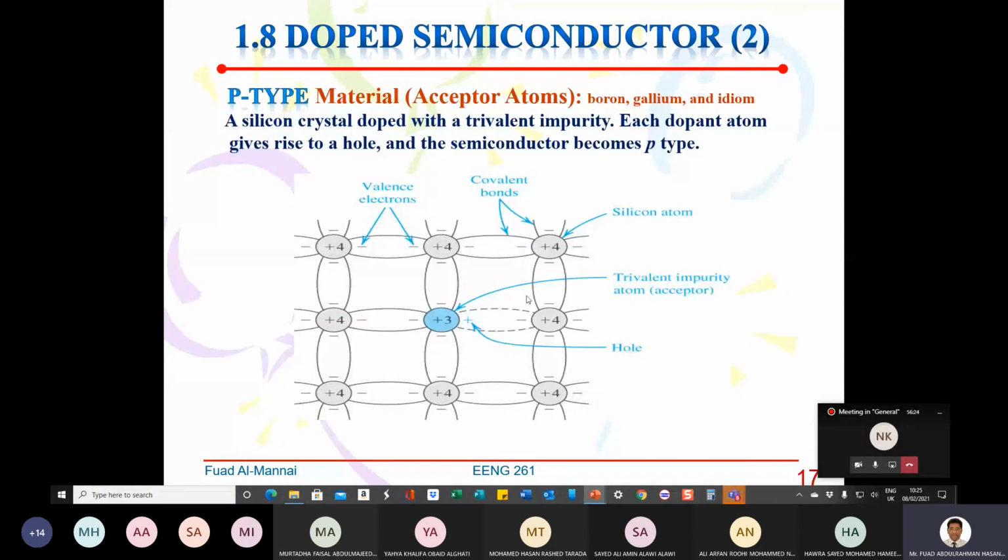Now we're going to create a P-type material. The P-type material is created by taking an impurity element from group 3, such as boron, gallium, or indium. We take boron, for example, carefully measured, and we introduce it to the pure silicon crystal. Then we wait, and after some time,